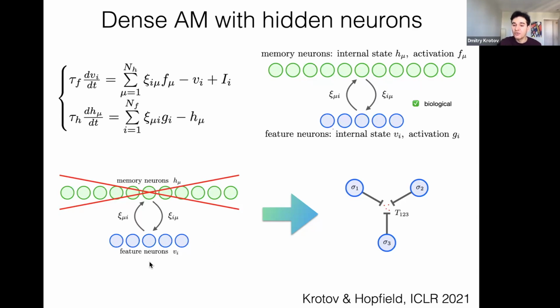And it turns out that if I do that, I will end up having these many-body couplings. So that's what I mean that dense associative memories, in the way we thought about them 5 years ago or so, the right way to think about them is as effective theories. But at the same time, microscopically, they could be implemented with only two-body connections between the neurons, but at the expense of introducing a whole bunch of auxiliary hidden neurons. Right? So that is one interesting way of thinking about this network biologically.